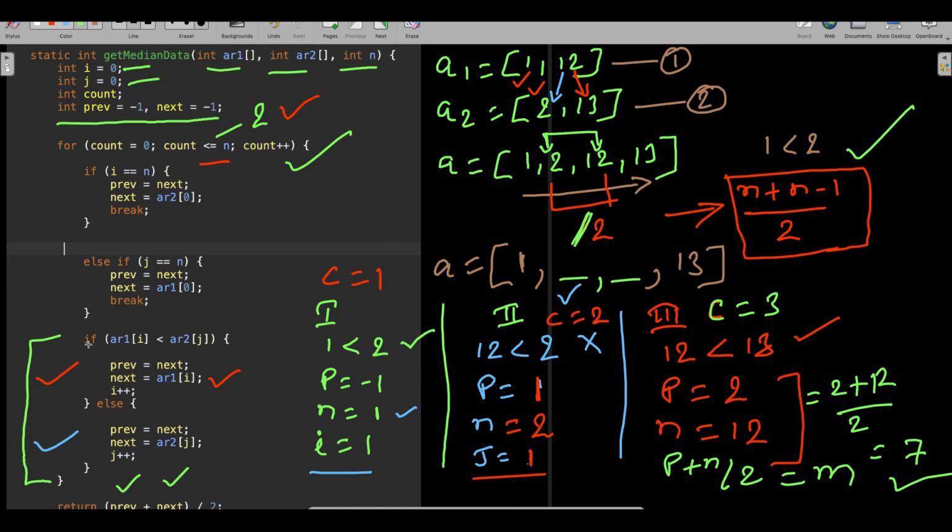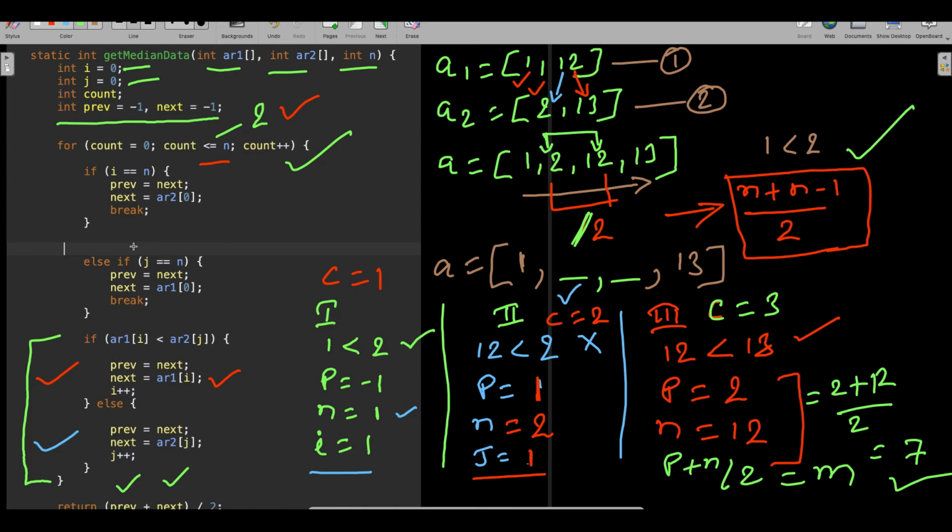So now you understood why this if else is helping you, and now you also understood why prev is required, because prev will hold the data of the previous median, whereas next will hold the data of the next median. That's where the previous is required. Now then, what is the role of these two if and else? Why do we even have to write this? There is a role for that, guys.